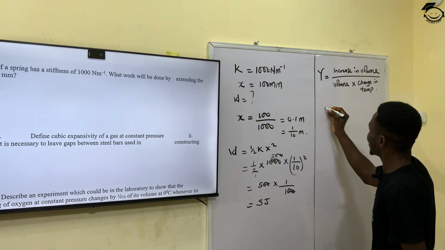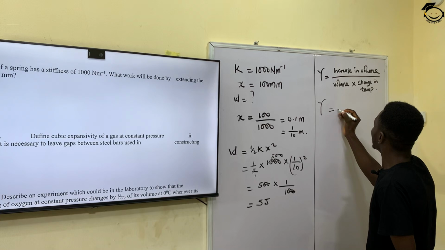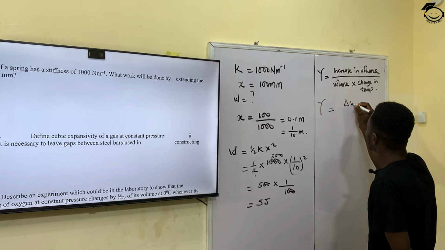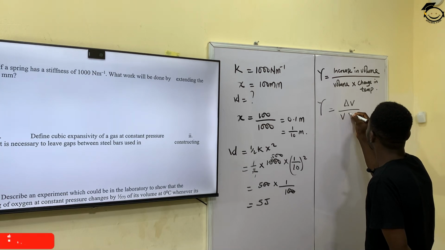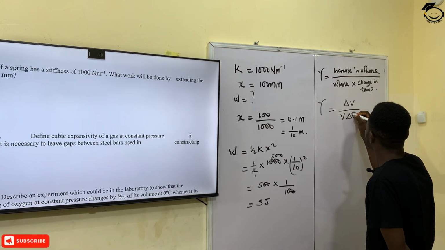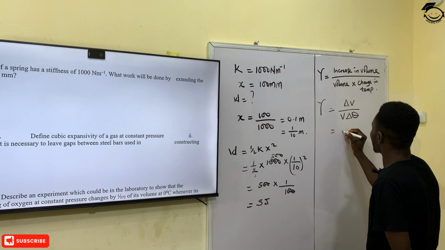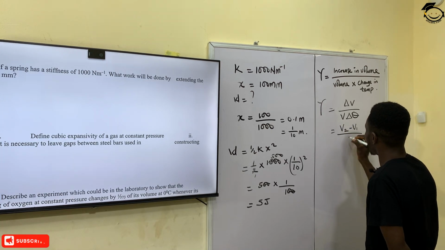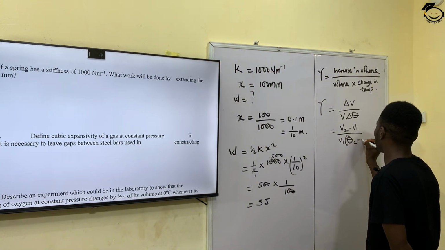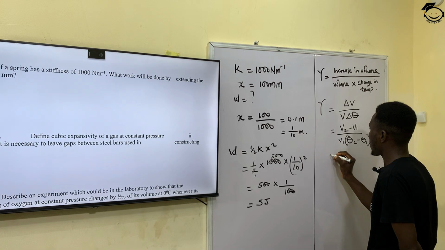This is the same as saying that my gamma is equal to change in volume over volume times change in temperature, which can be rewritten as V2 minus V1 over V1, open a bracket, theta 2 minus theta 1, where